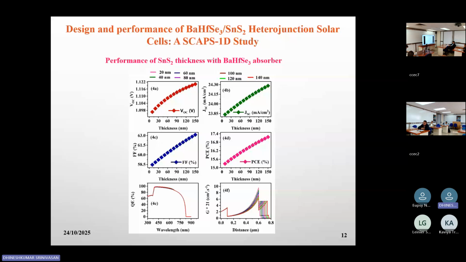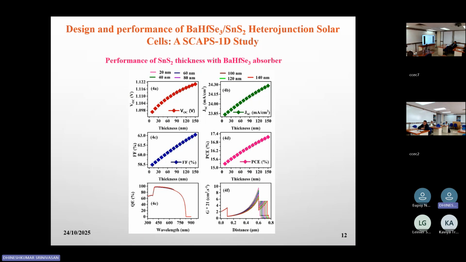The fewer defect states and strong quasi-Fermi level splitting further support the VOC increase. JSC also showed steady growth, rising from 23.83 to 24.39, mainly due to enhanced light absorption and improved carrier generation